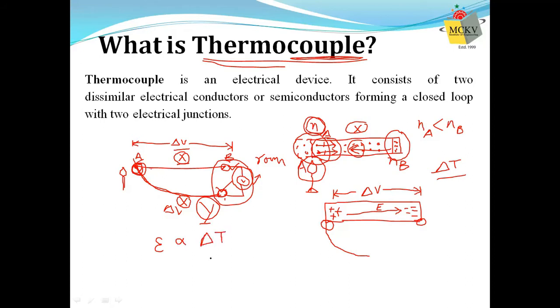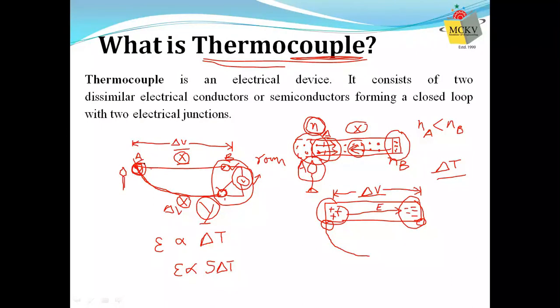And you can logically understand it. If the difference of temperature between these two junctions is high, then there will be more drift of electrons. So this will become more negative, and this will become more positive. That is, the potential difference will also be high. So it is logical that the EMF developed is proportional to the temperature. And what is the proportionality constant? The proportionality constant is known as the Seebeck coefficient of that particular material. So it is S delta T. That is the Seebeck coefficient. This is what you have for the material.